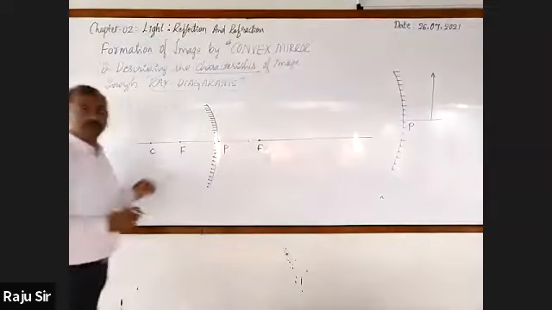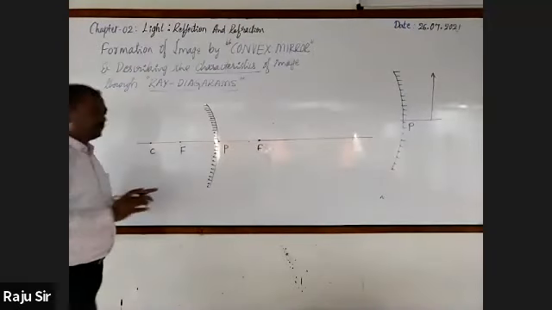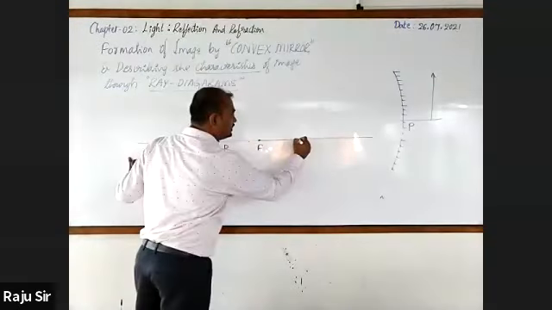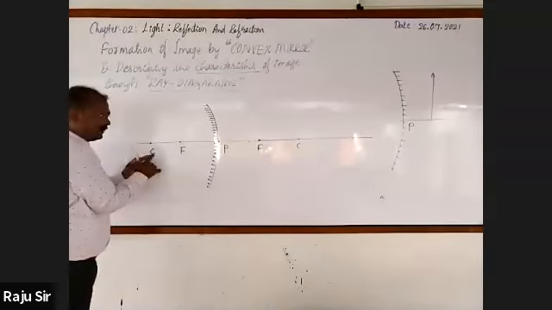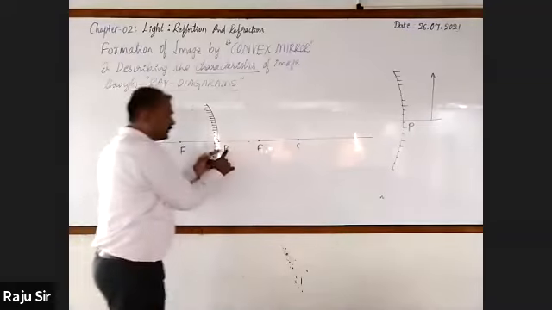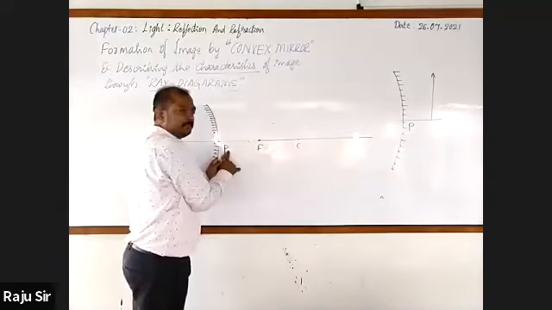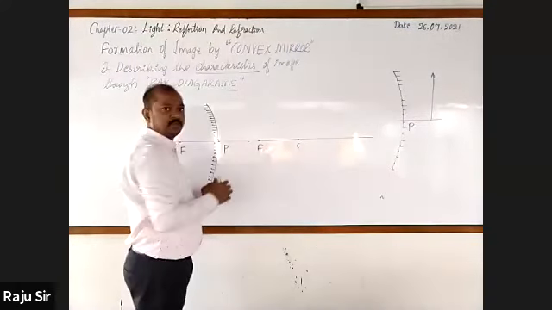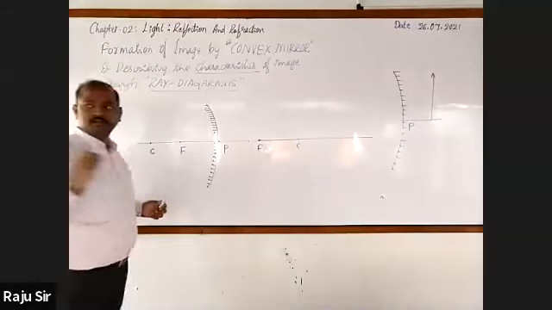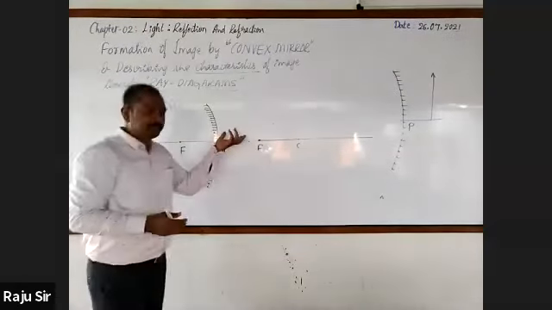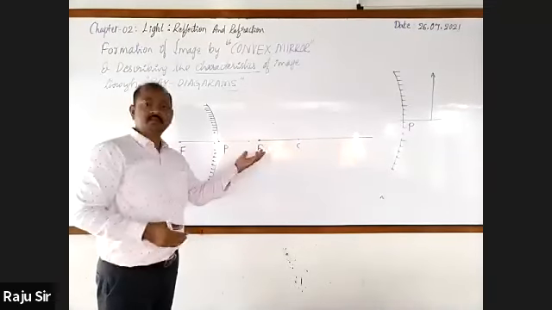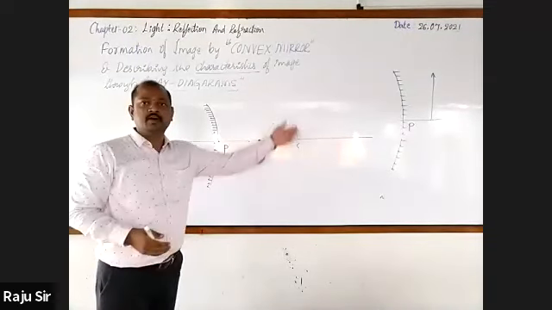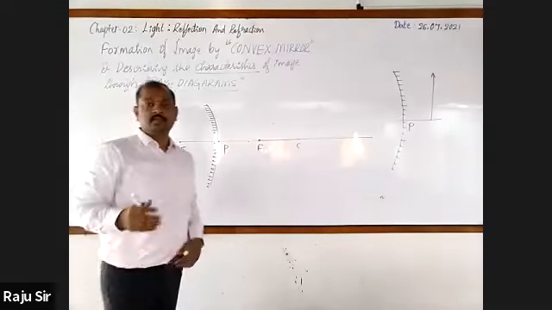This is F for the third one. Got it? Next, this is C. That is, the distance from P to C on the left side is equal to the distance from P to C on the right side as well. Now you may go for placing the object at F, or between C and F, or beyond C, or at C. But in all cases,